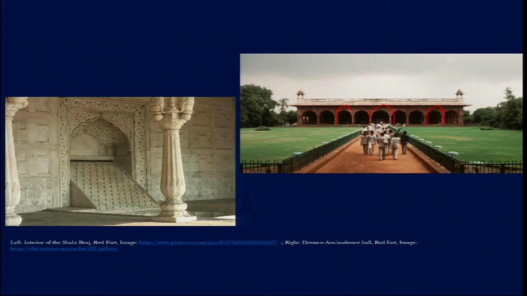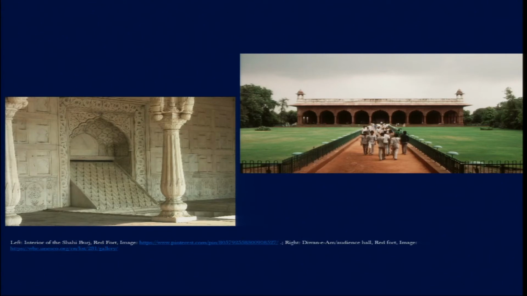So after this cusped archway was used in the Mughal structure, then they were also implemented in the Rajput architecture, in the Pahari architecture, and in the 19th century we find that particular way of making these arches became more prevalent in various other parts of the country as well. So here also we have a representation of this cusped arch gateway. So this is what I'm talking about here, which came to be a very characteristically Mughal trait in making of